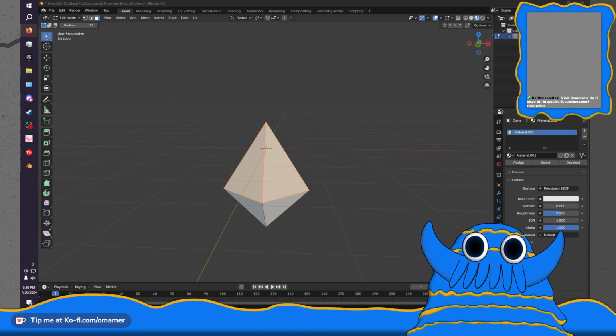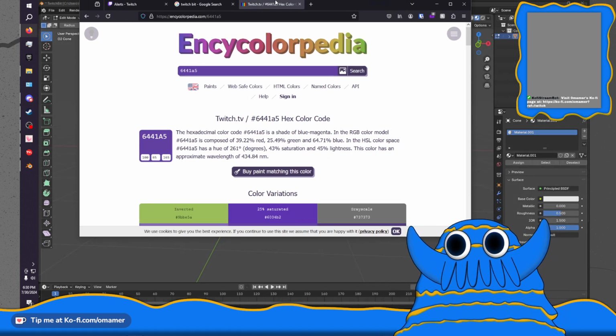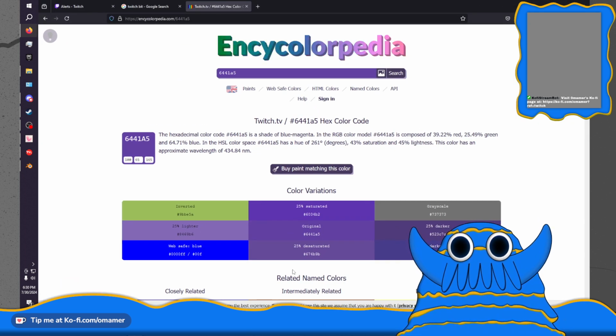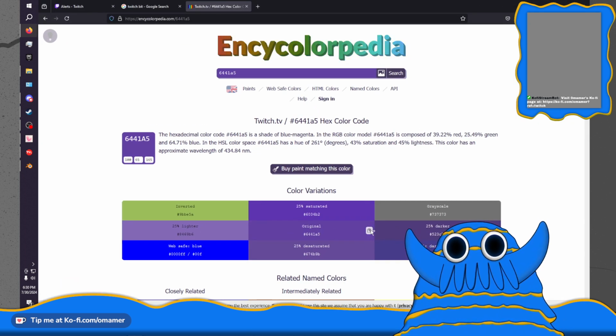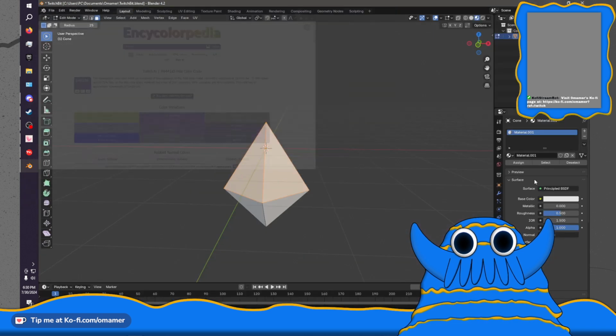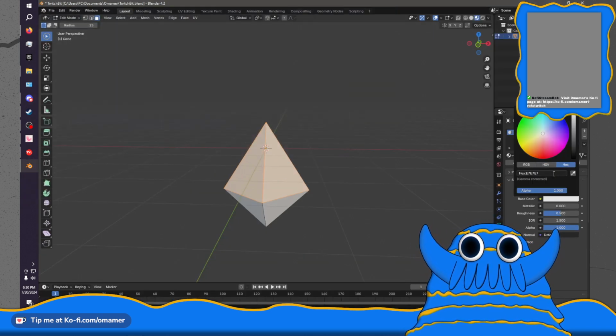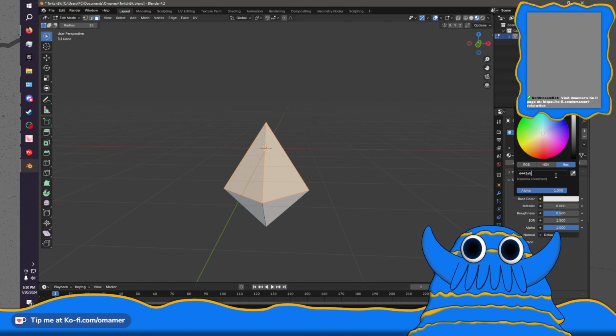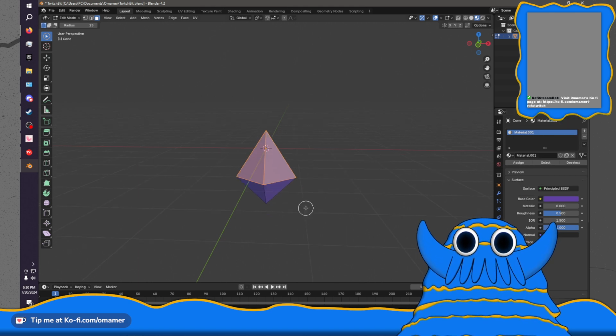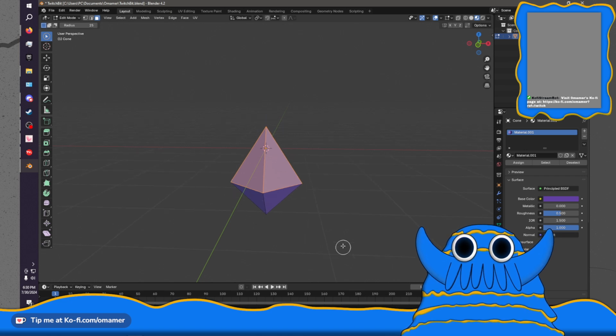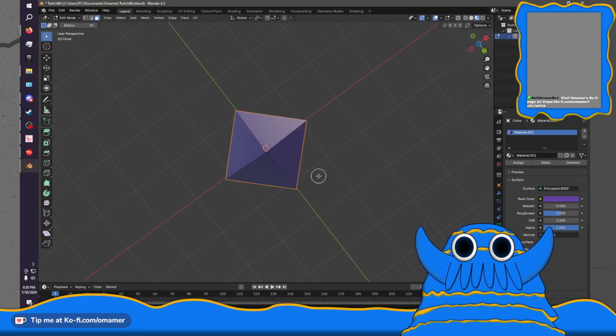Okay, so here's what I found basically. So this is the original, so I'm going to copy it. Then we're going to come in here. And look at that, now the whole thing is purple. But we're not done yet.